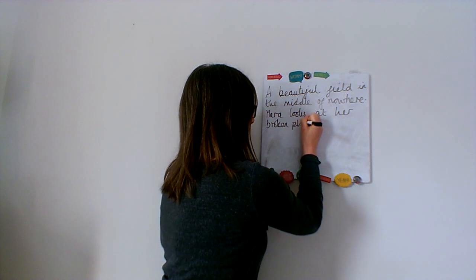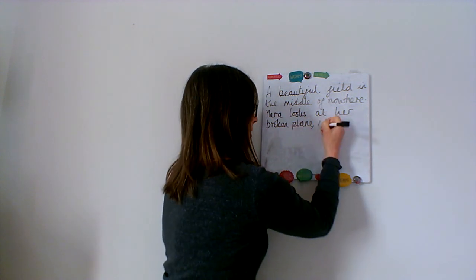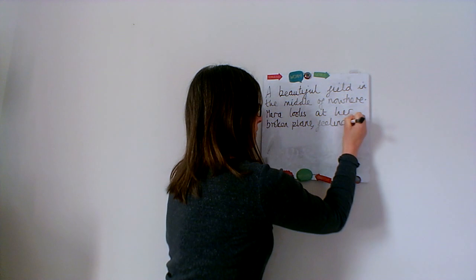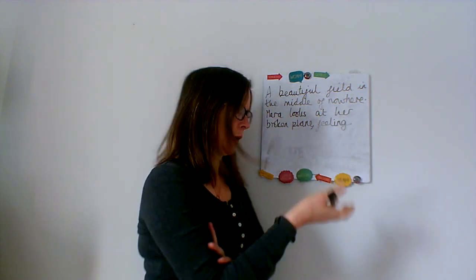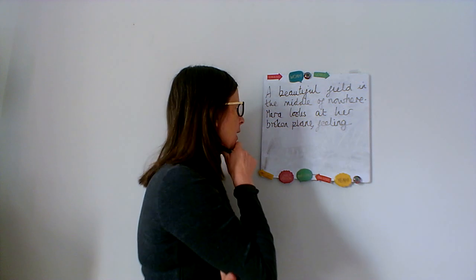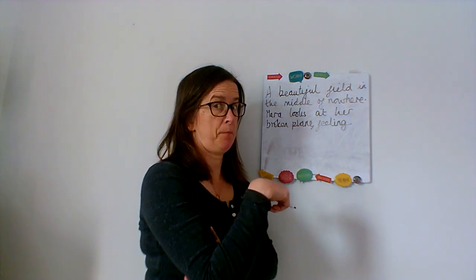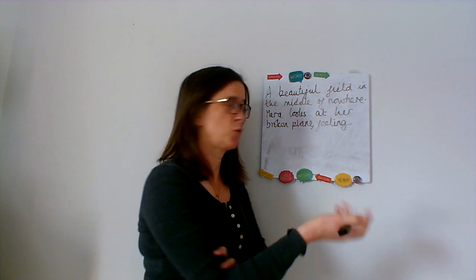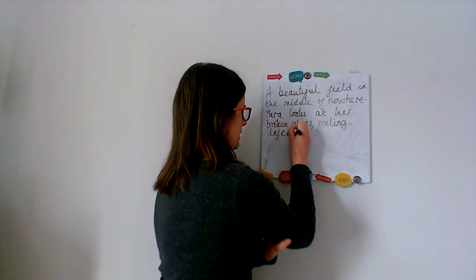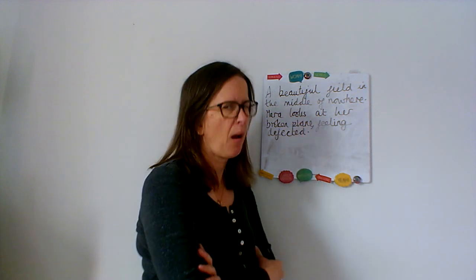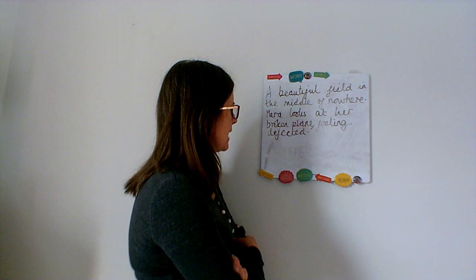Now I could use my emotion adjective mat, couldn't I? So I've put a comma here to add some parenthesis at the end. Feeling, how do you think she's feeling when she's looking at her broken plane that won't work? Mara looks at her broken plane. I'm not sure if this word is on the emotion adjective mat or not, but it's a great adjective, so I'm going to use dejected. So feeling a bit glum, a bit down in the mouth, a bit fed up. Okay, then